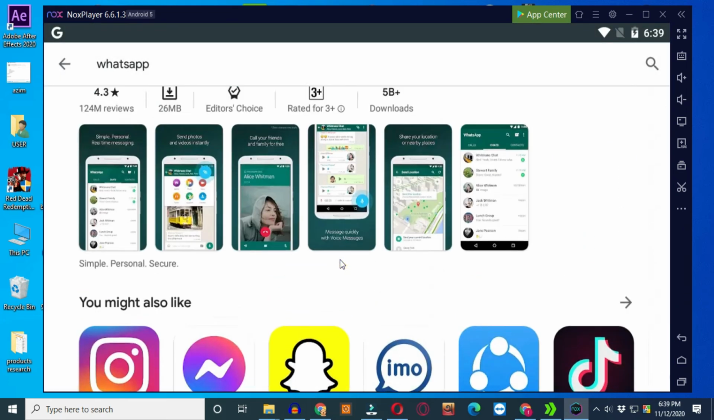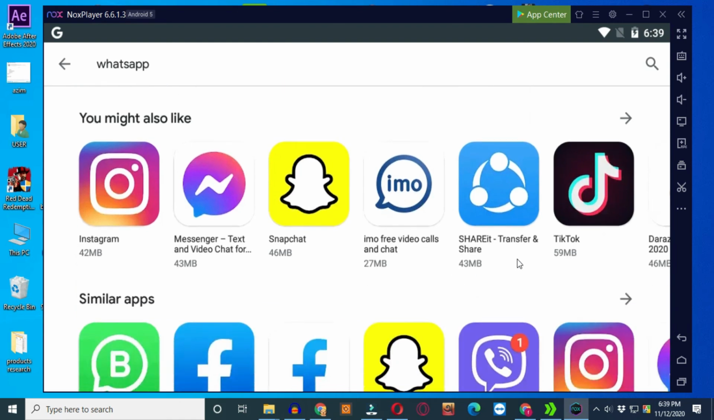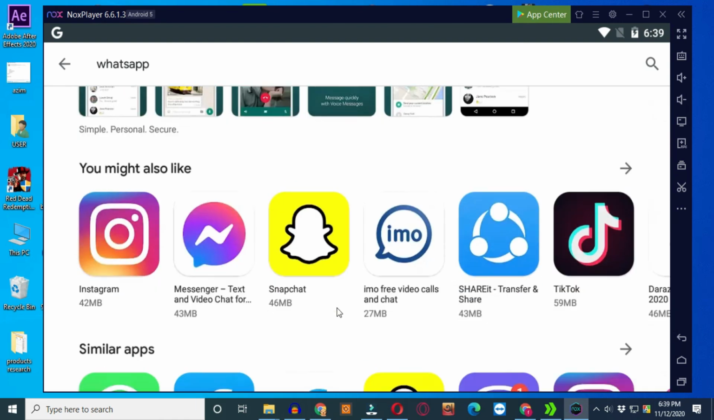Hope you guys understand. You can use Instagram, Messenger, Snapchat, Imo, ShareIt, TikTok, any other app in this